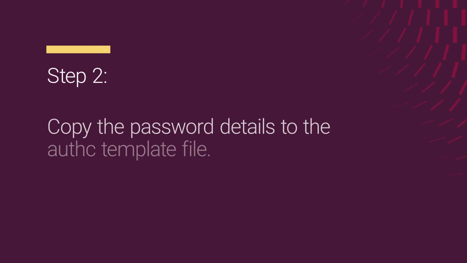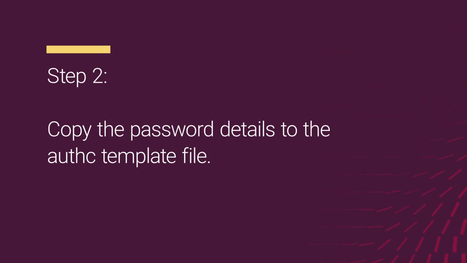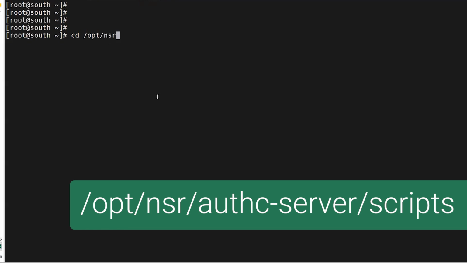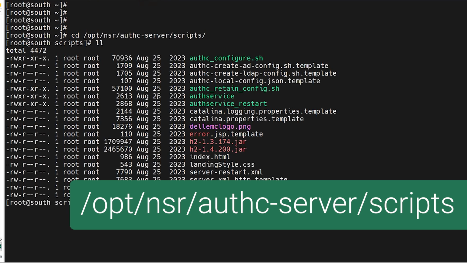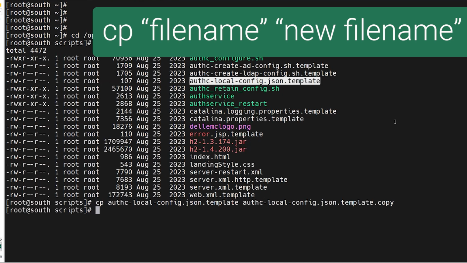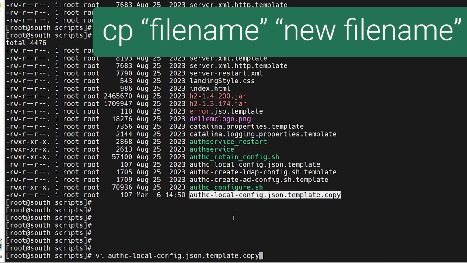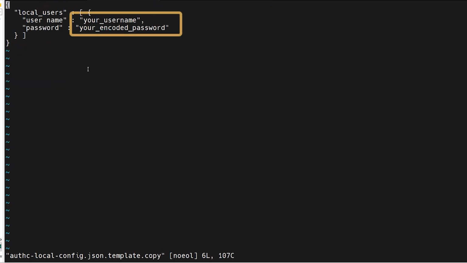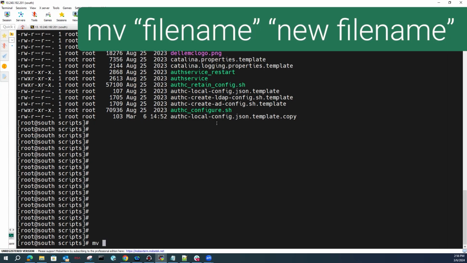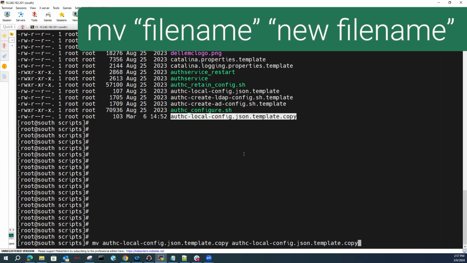Next, we will copy the password details to the auth.c template file. This file is found in /opt/nsr/authc-server/scripts and is called authc-local-config.json.template. Make a copy of this file, open it, and replace your username with administrator and your encoded password with the password you just generated. Save and close the file using the command :wq!. Then rename the file by typing mv followed by the file name and the new file name, removing the